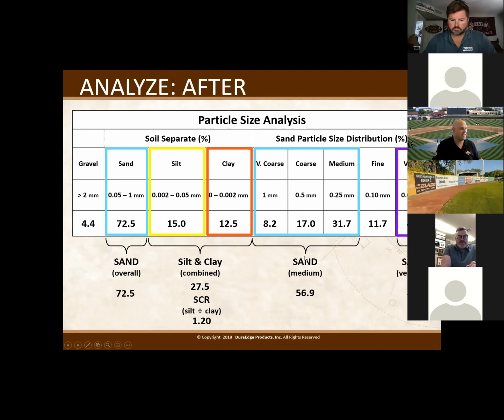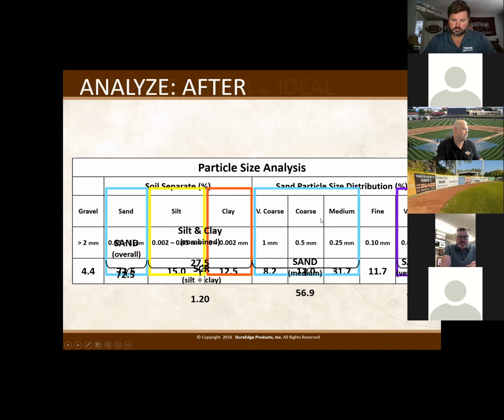The medium-sized sand was sitting at 10%. It was driven up to 56.9%, which puts us in an ideal situation where we have more void space than we do silt and clay. So now this silt and clay has a place to sit in this medium-sized sand cavity.